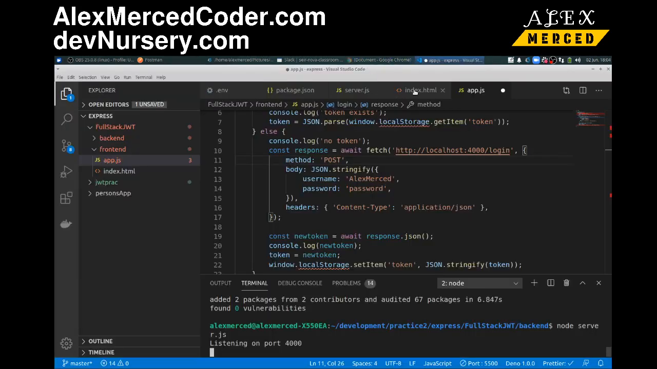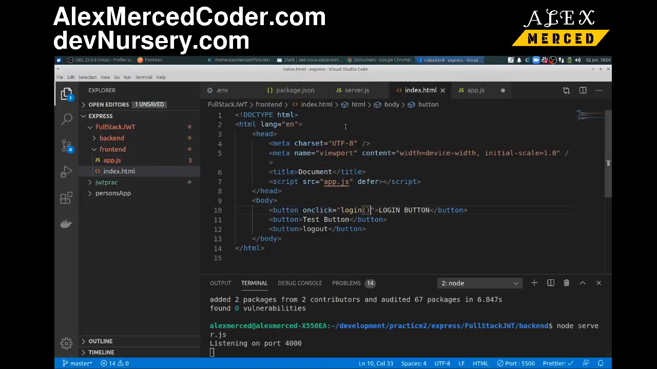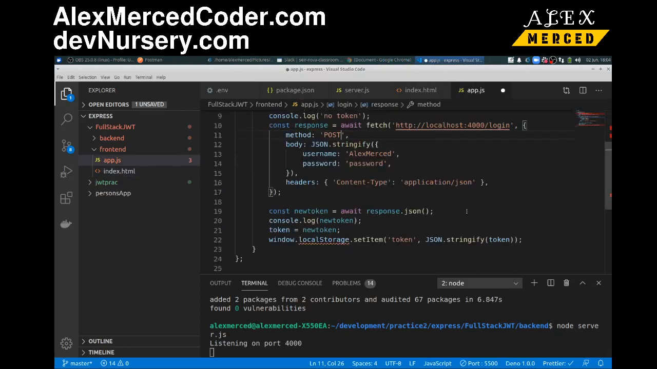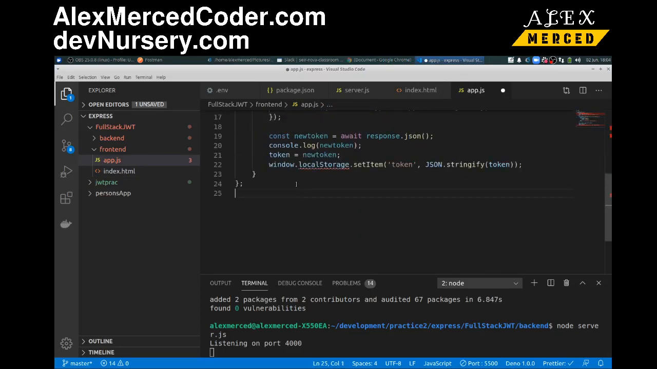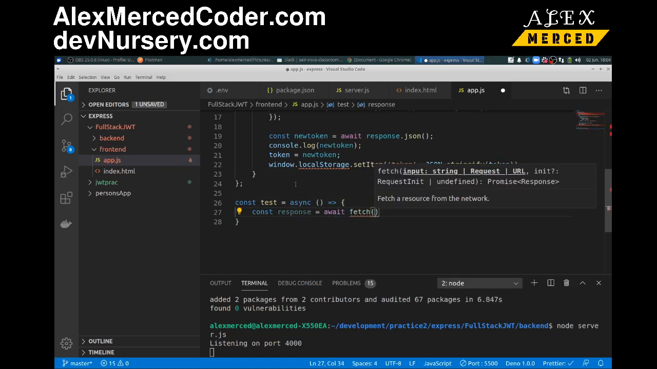So now let's do our second function. Okay, so let's do a login test function. Const test equals, and essentially all we want to do is just console log the payload. So we're just going to, again, make this an async function. So const response equals await fetch. And in this case, the URL is